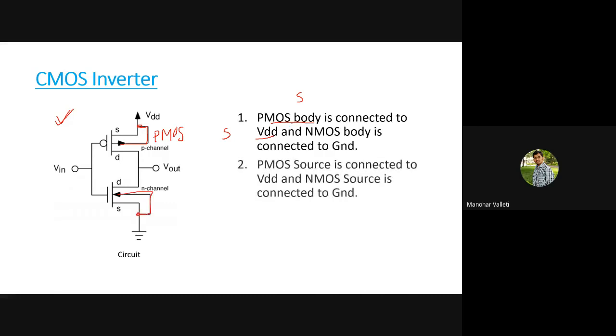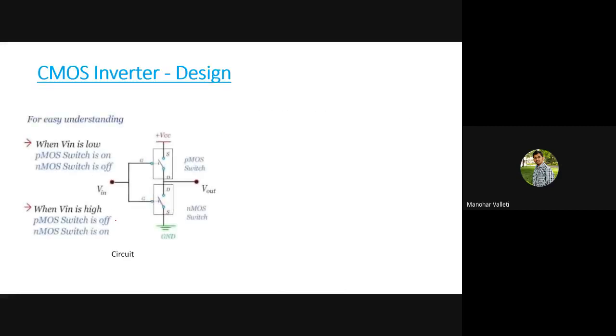This talks about the first point. Second, the PMOS source has to be connected to VDD and the NMOS source has to be connected to ground. Both transistor gates have to be shorted and connected to one input like this. So it will have one input and one output. What is the operation of this CMOS inverter? If I apply Vin equal to 1, what is the output Vo?